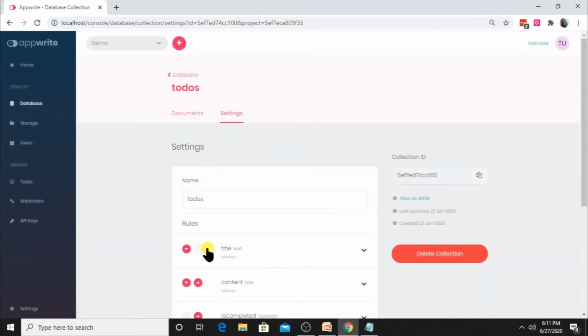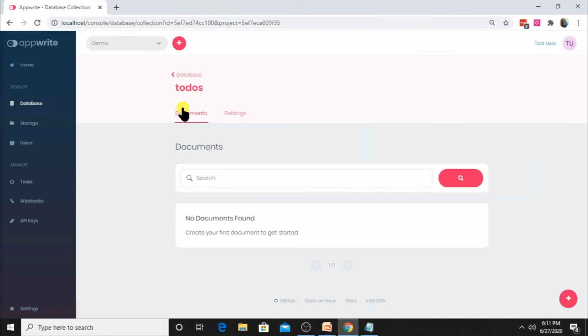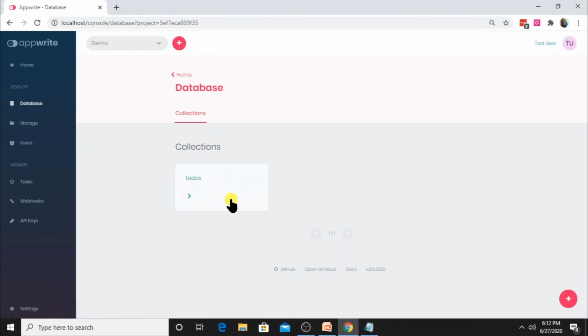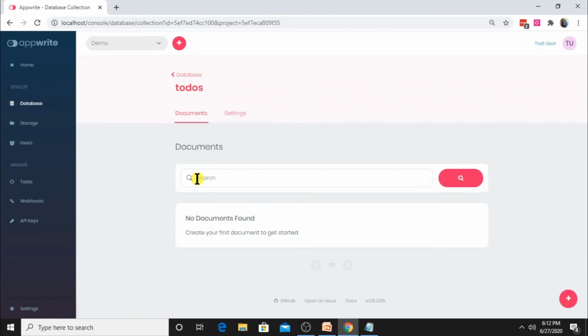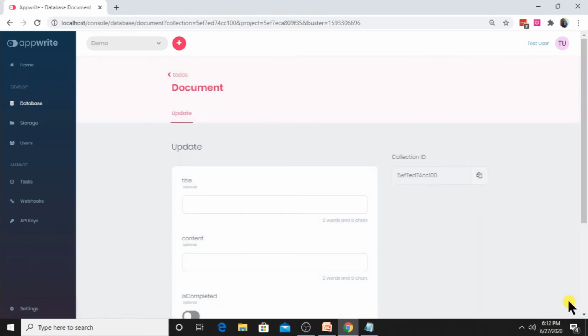Okay, so now I have saved it and my table has been successfully created, or my collection has been successfully created. Let me refresh that. Okay, I'm right now in the collection screen. My table is here. This is my collection, and so now we want to add the data into that. So again, I press the plus icon.